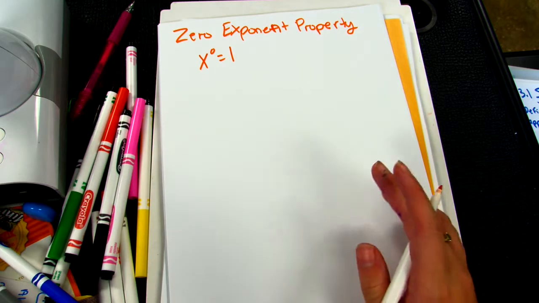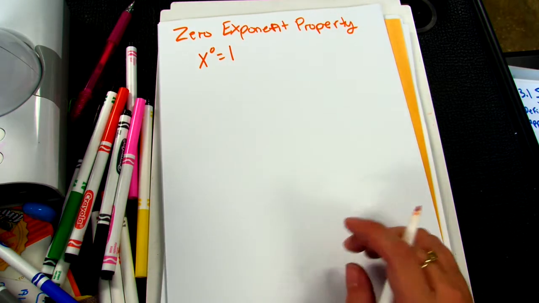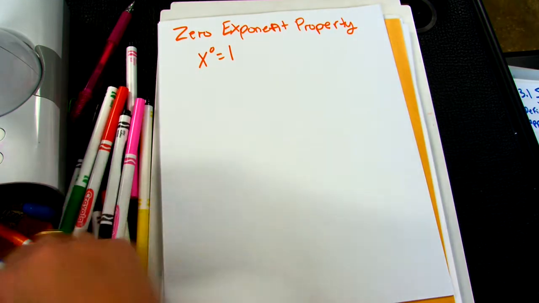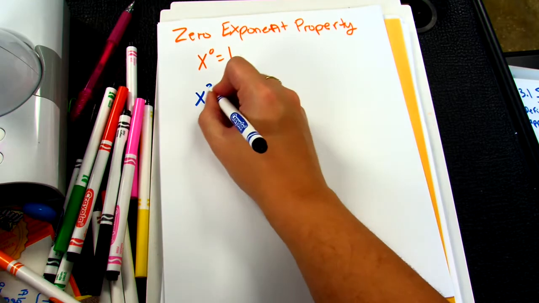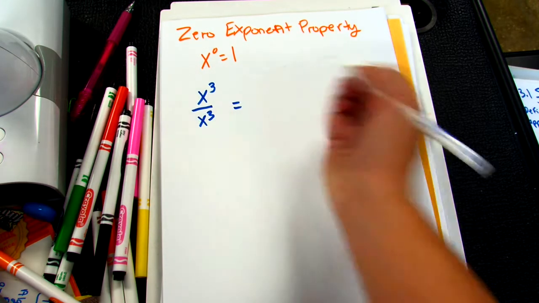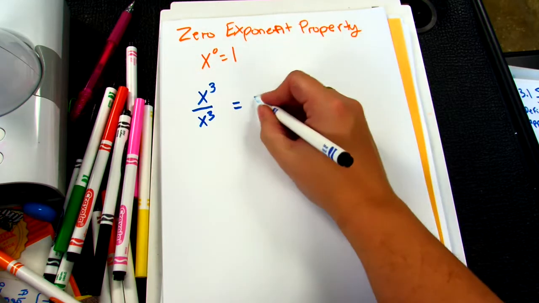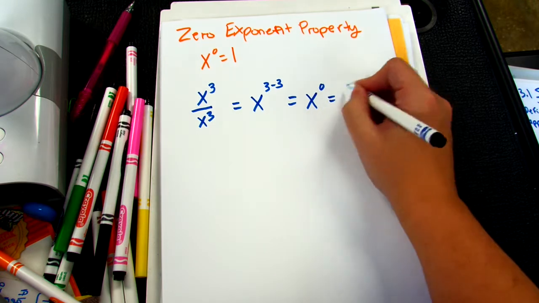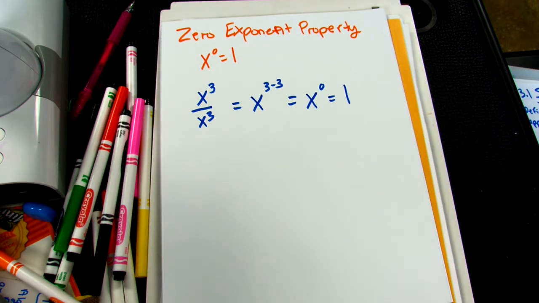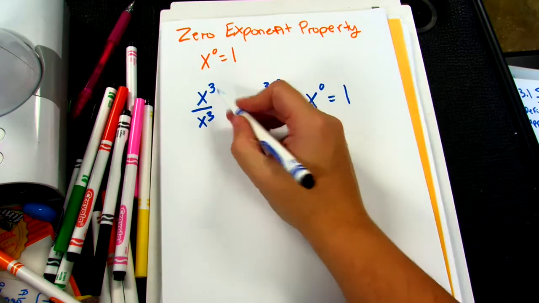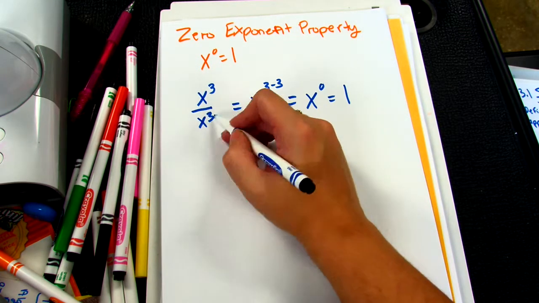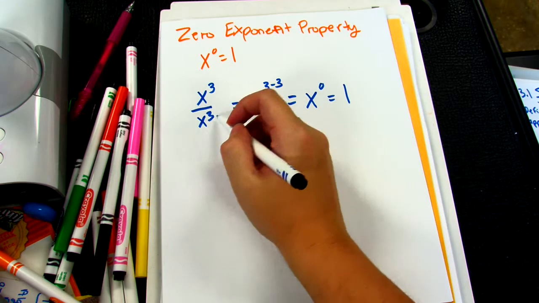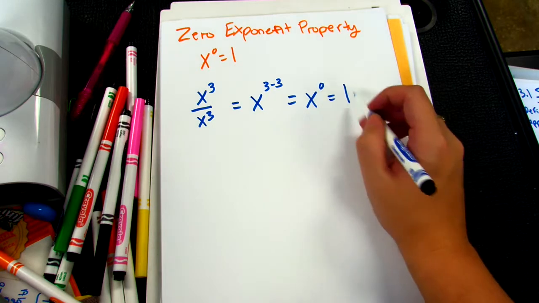And so, because of that, if we are using our quotient property and we have something like, let's say, x to the third power over x to the third power. Well, using the quotient property, that is x to the 3 minus 3. Well, 3 minus 3 is 0, so we get 1. Okay? So that is super helpful. Also, x to the third over x to the third, anything divided by itself is 1. So again, it makes sense, even if we're just using canceling,